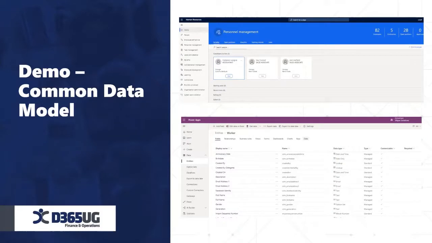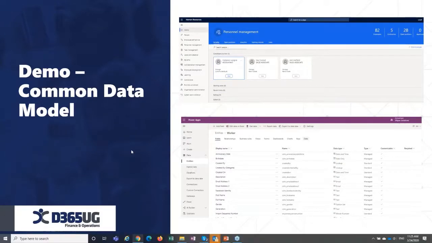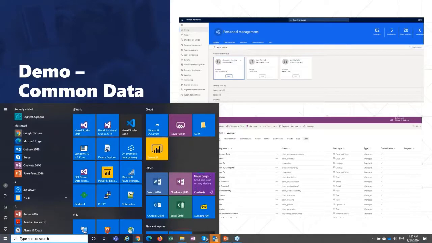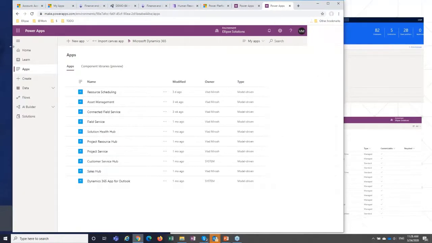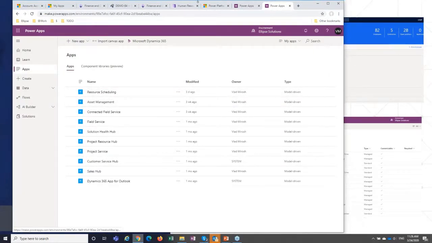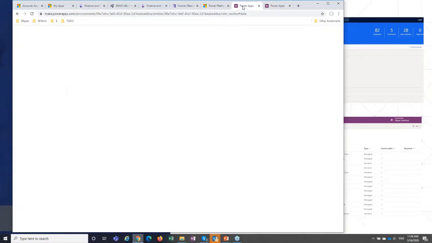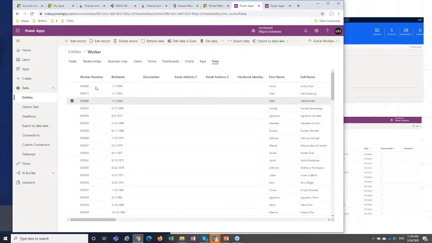Now let me demonstrate how human resource works as a database. For that, first of all, we need to go to Power Apps Maker portal. Those are entities.